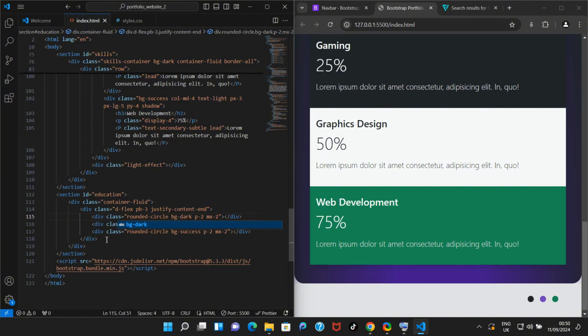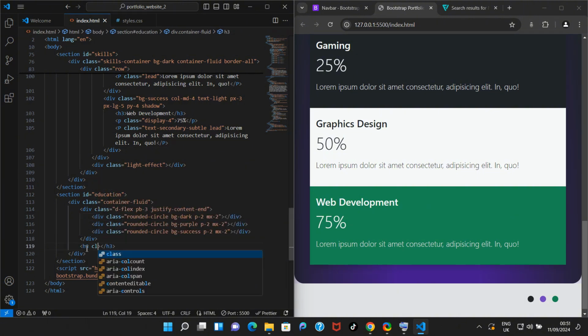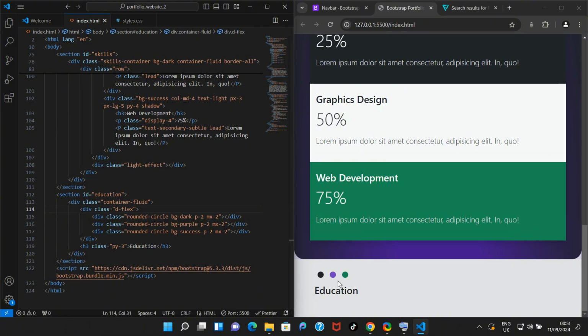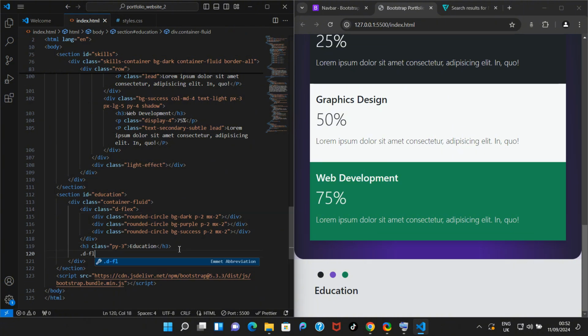So, I'm just going to come here and say H3 and give it a class of PY3 and say education. Remove this justify contents end, and it's going to come here. Perfect. Also remove this padding button 3. Let's come here and see does the flex